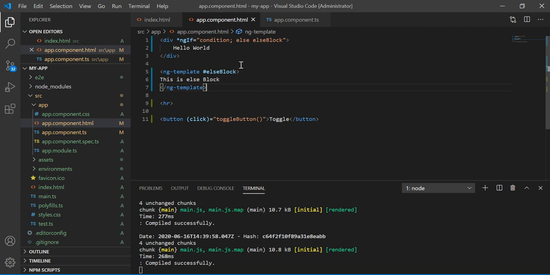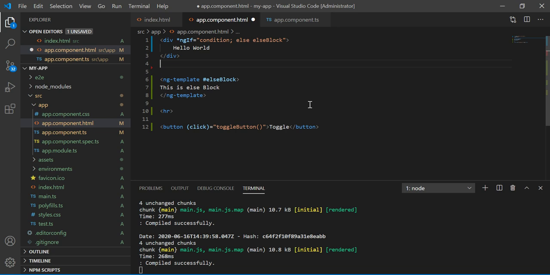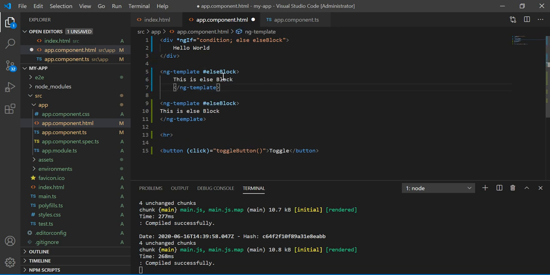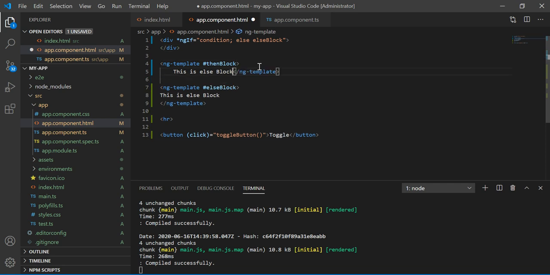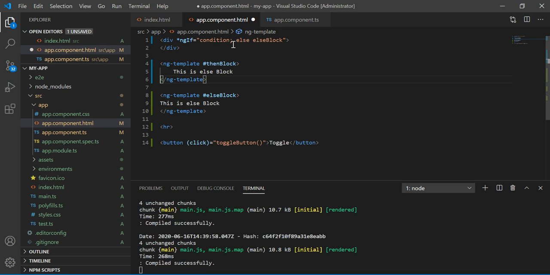Also, you can directly create the two conditions, right? I'll name it as then block, right? So if this condition is true, then go for then block.